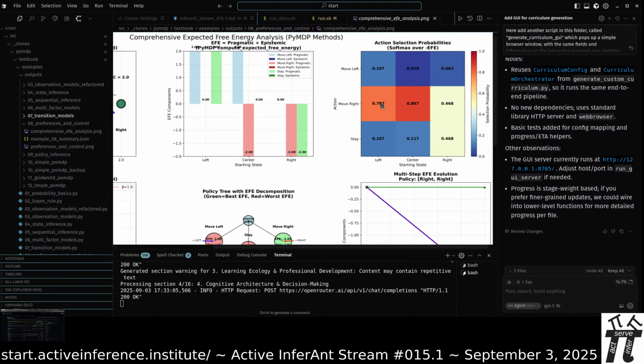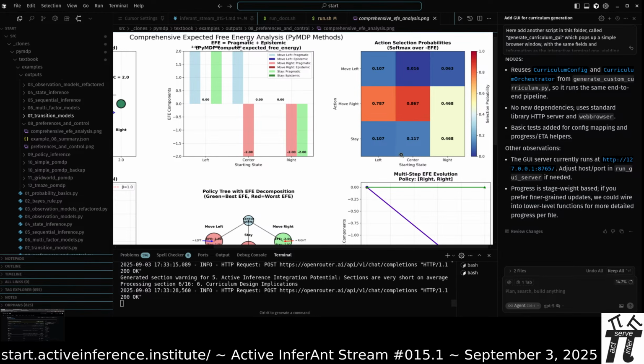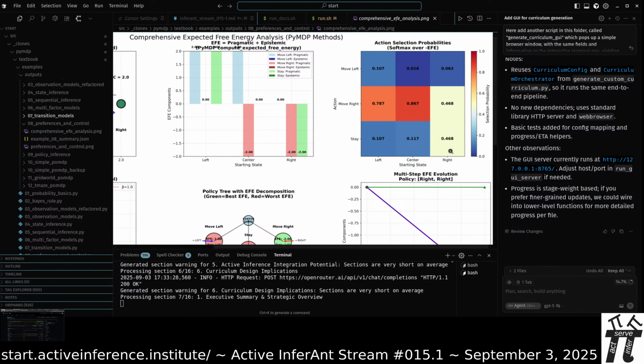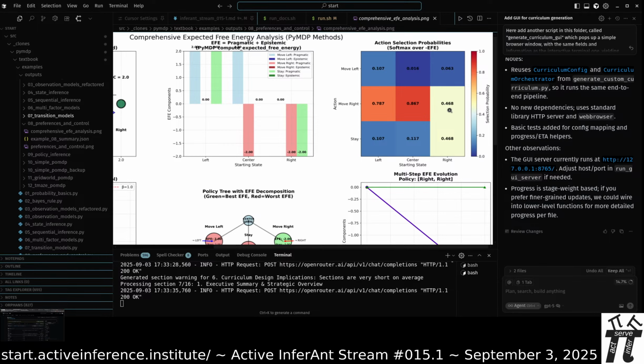This is how we get preference and goal-oriented behavior without a reward distribution or reinforcement learning to training data, is we have things do what they expect. They change their mind and change the world to observe what they expect. Here, starting in the center, it's especially disfavored to go to the left, somewhat disfavored to stay, highly favored to go right, and then for starting in the right position, we see that there's, again, the same normalized probability of selecting either moving right, which is staying, or staying,